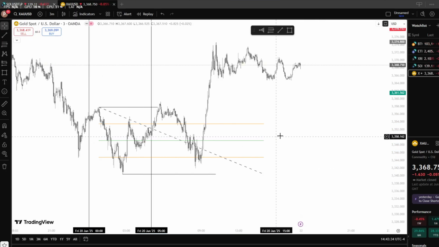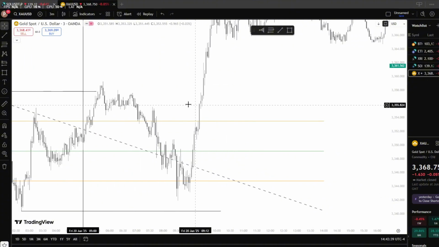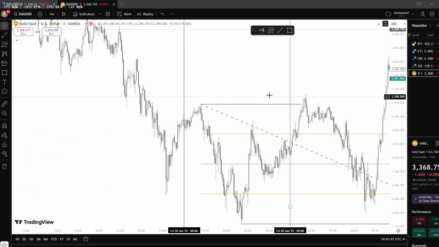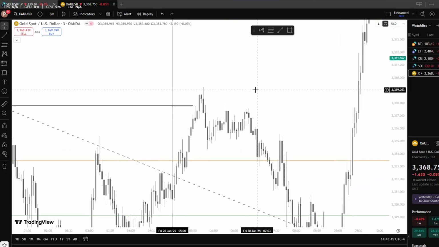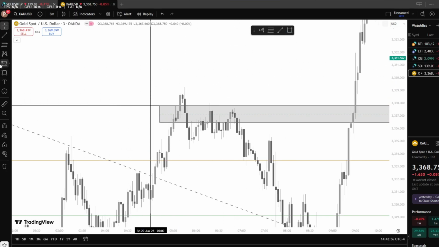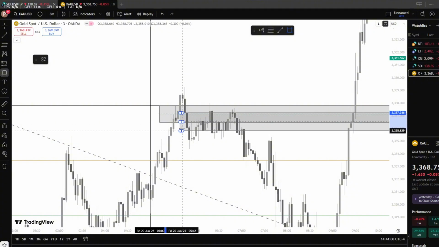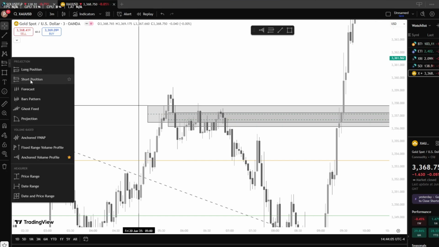I'm going to grade this area, just to there. So yeah, again, when we've opened, we've not touched the 50%. It came up to take sell side liquidity, and we'll frame a unicorn from this. So in this scenario here, we've got the bearish candle before the high was made here, the fair value gap inside of this, which is just here, and you take a trade. Well, in this case here,